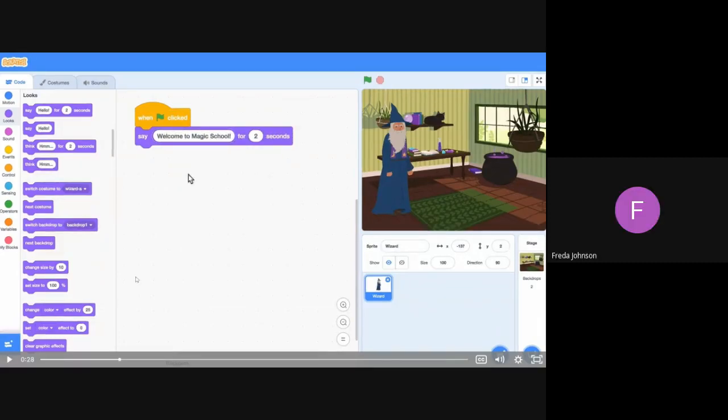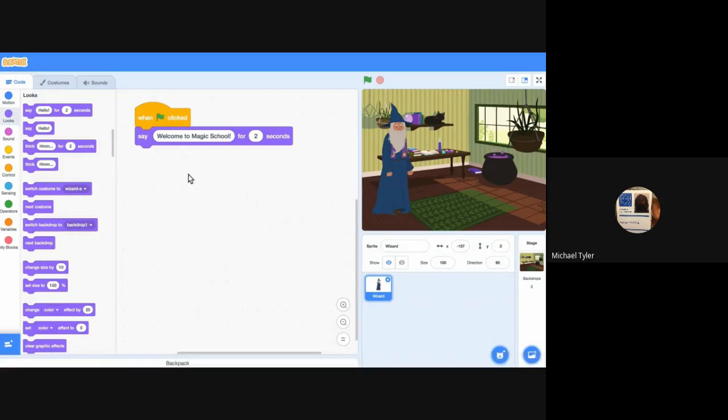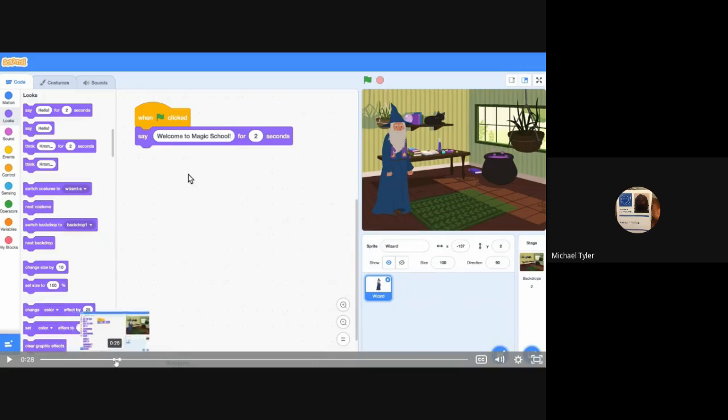Okay. Now, you don't have to type welcome to Magic School, but I do need you to grab the same block and type something you want that first character to start off with. It could be like, hello, my name is Freda. Whatever you want to start. That's which one to grab: Say. So they went to Looks, and after Looks, they clicked on Say and dragged it over. If you double click in here, where it says hello, you could type in what you want. They typed in what they wanted to start the conversation with.